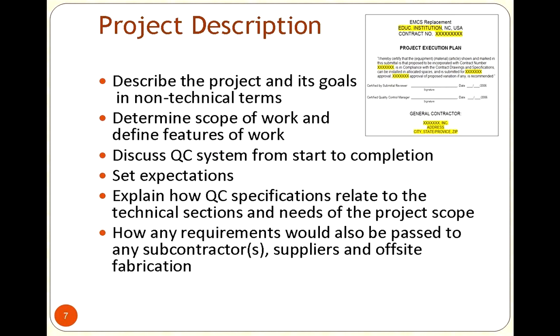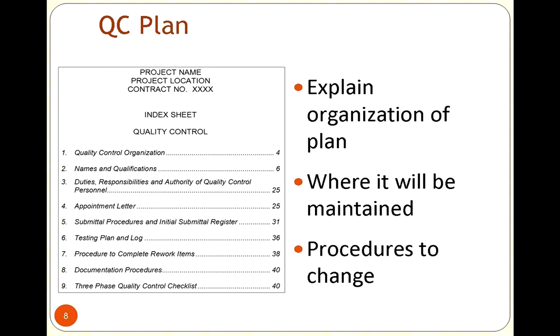Also, any quality control needs that you have, they need to have relatability to what the technical parts of the job will be and what the needs of that scope are, and any information that might need to be passed down to subcontractors. So, many times you'll see where you might have a contractor if it's a large project, and then they've got subcontractors that are helping them out with the job. I know from my past experience that would be the case, where we would bring in one primary company, but they might have a subcontractor that does electrical work, for example. So make sure that they're involved in any of the processes, so that you've got a good sense that you're comfortable with their work and they're comfortable with your expectations.